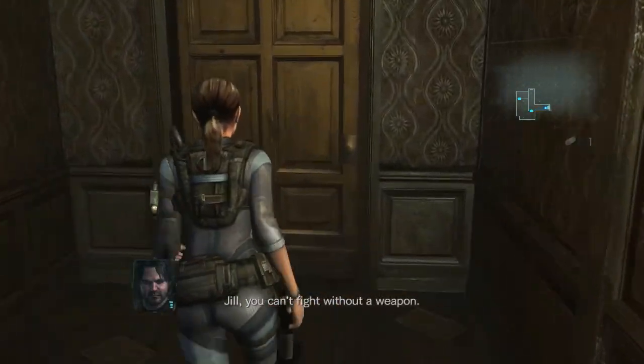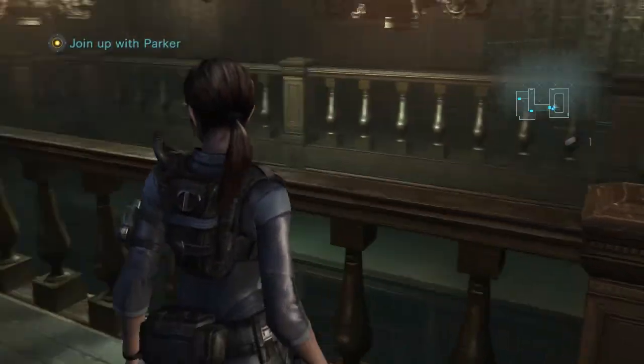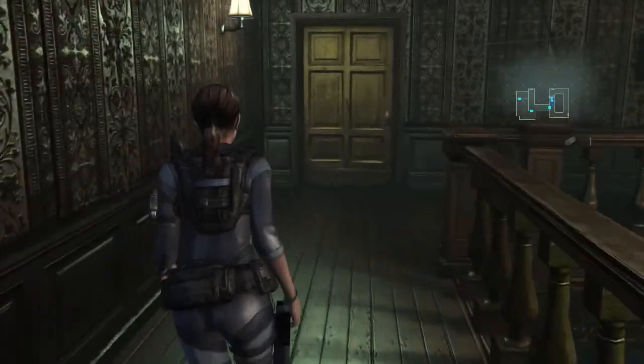Jill, you can't fight without a weapon. Just do your best to dodge. No, you could have fooled me, Parker. I mean, last episode when we were kicking things left and right was kinda...